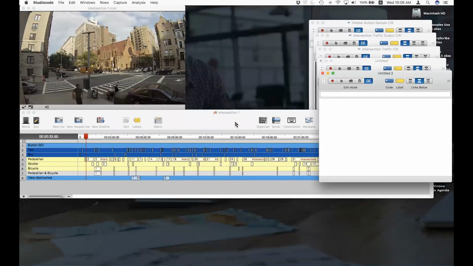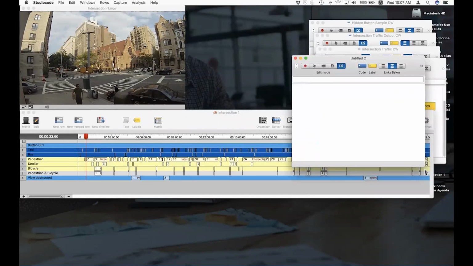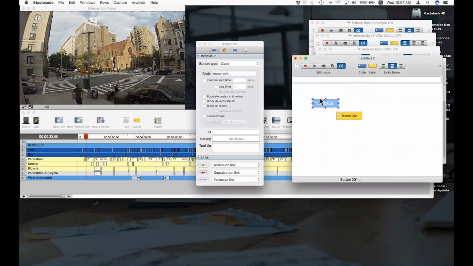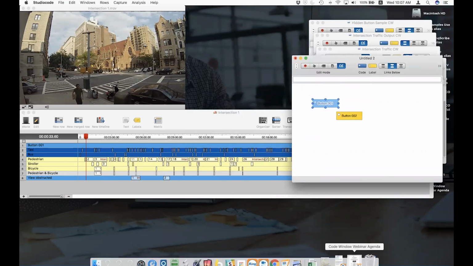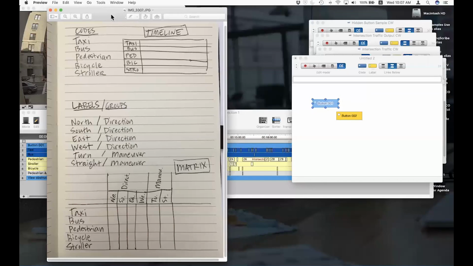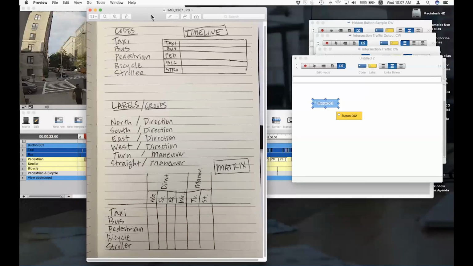I thought we'd start at a place that if anyone's new to the code window and you're opening it up for the first time and it's just this blank ocean of space, I think one thing that might be helpful, instead of, I see a lot of people just start dragging buttons down here and double clicking and naming them and experimenting. But I would really encourage you, if this is your first time, to maybe think about working out